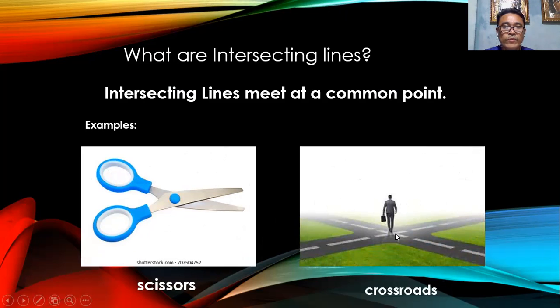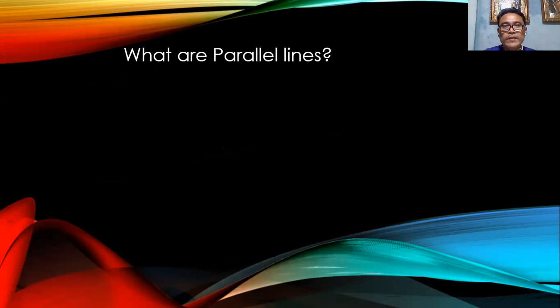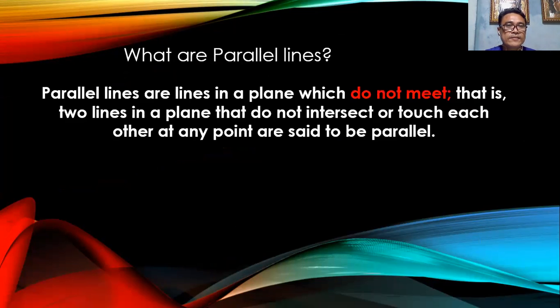And crossroads. Intersecting lines meet at a common point. Now, what are parallel lines? Parallel lines are lines in a plane which do not meet. That is, two lines in a plane that do not intersect or touch each other at any point are said to be parallel. So when we say do not meet or touch each other,